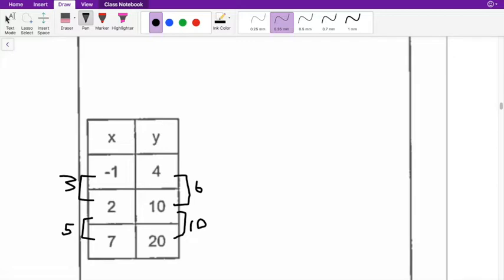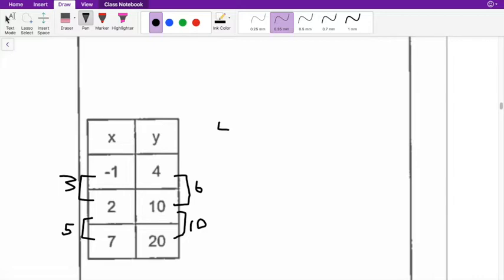Now we can take a look here for rise over run. 6 over 3 is 2, and 10 over 5 is 2. So we could do this just looking at it here, comparing these two items, right? Since it's a straight line, 6 over 3 to 10 over 5 to. Or